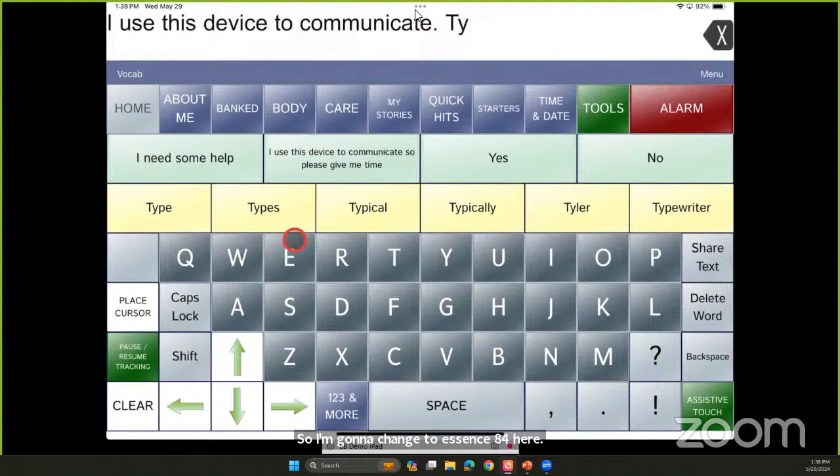In this version of the app, now you can see some of those things that were in the tools menu before are on the main screen here. So my share text, some of my arrows and my caps lock and stuff like that are now here on the main page. It works similarly, so maybe we should clear.